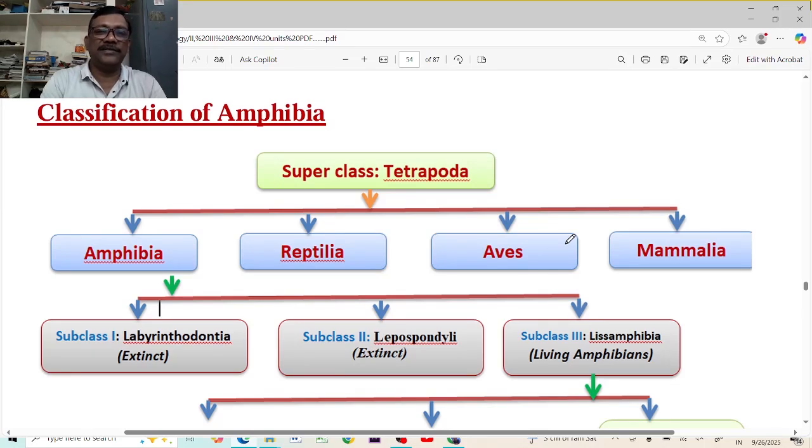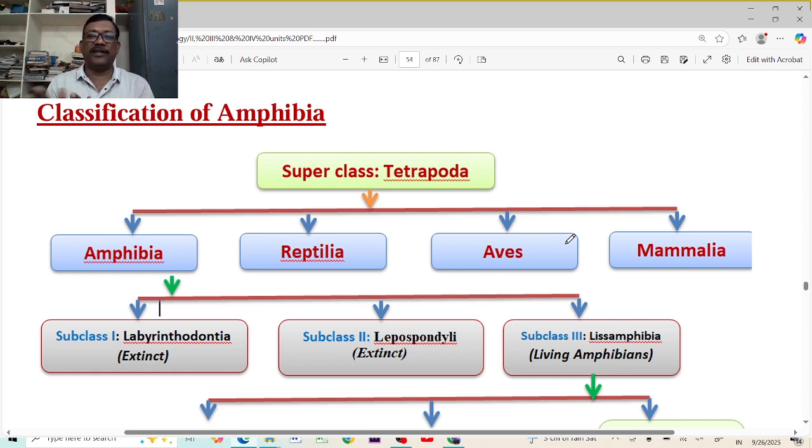Now the discussion is about the amphibian classification. This classification is very important because before going into the depth, we have to understand the evolutionary development and taxonomic studies and classification of animals. First, in that part, we have to discuss the classification of amphibia, and we have